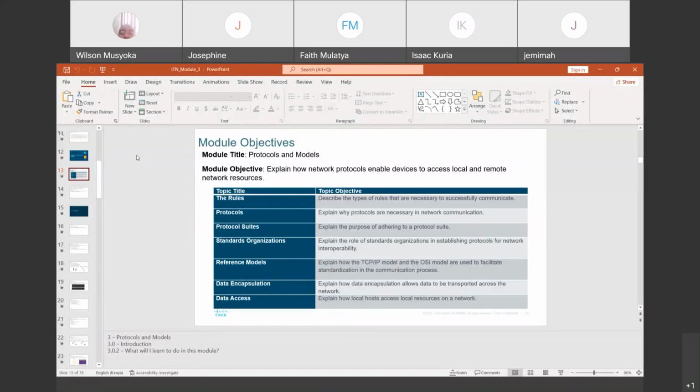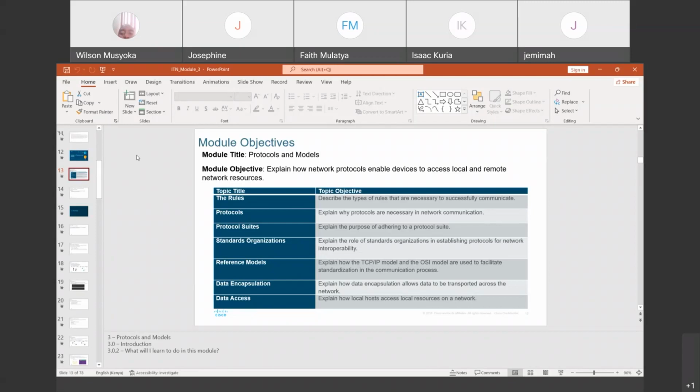Here it covers the rules, whereby you describe the types of rules that are necessary for successful communication, the protocols, why the protocols are necessary in network communication that we have done, then the protocol suites, that is, how you adhere to a protocol suite, and then the standards organizations that are responsible for establishing the protocols for network interoperability.